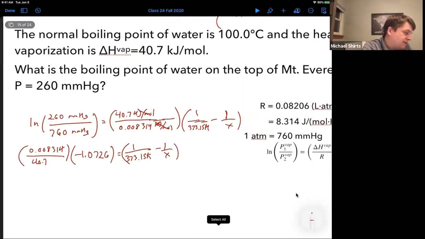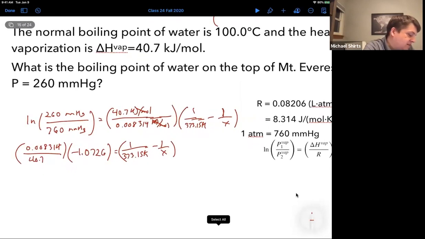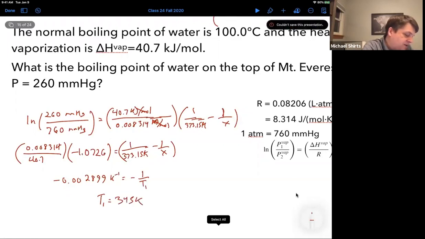So we multiply these together, and then we subtract the 1 over 373 from both sides. We get minus 0.002899 inverse Kelvin is equal to minus 1 over T1. And so we get that T1 is equal to 345 K,